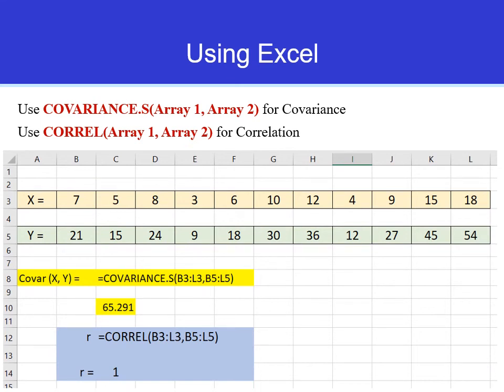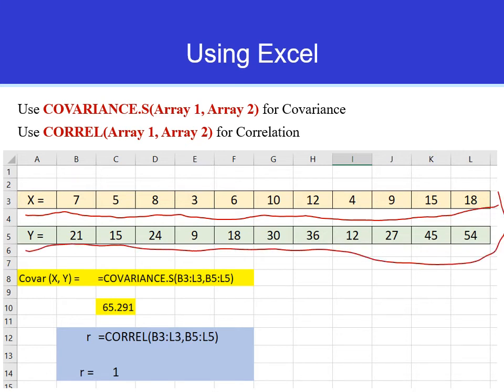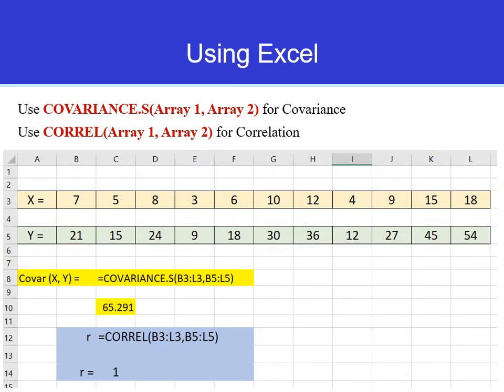We have the x values here. I have put them in separate cells, as you see, y the same, and they are the same size, 11 numbers. Then here we find the covariance between x and y, which is covariance.s, then the values of x, starting from B3 to this value, which is L3,